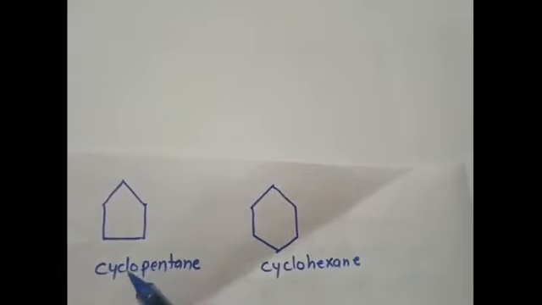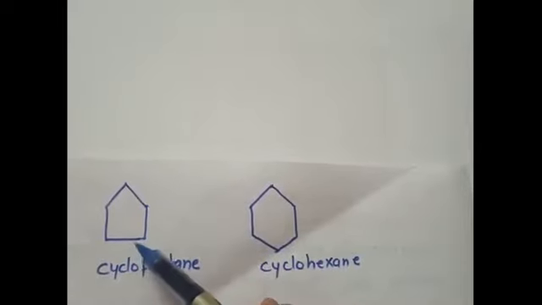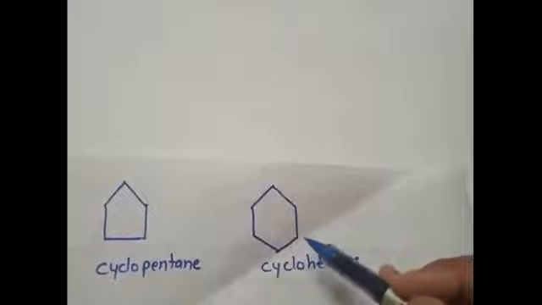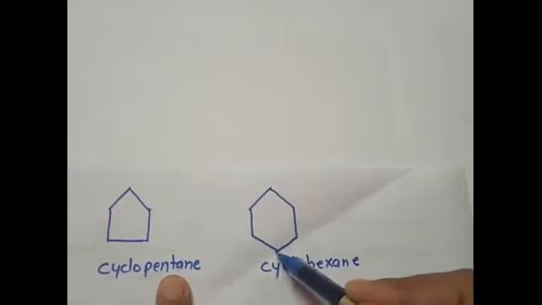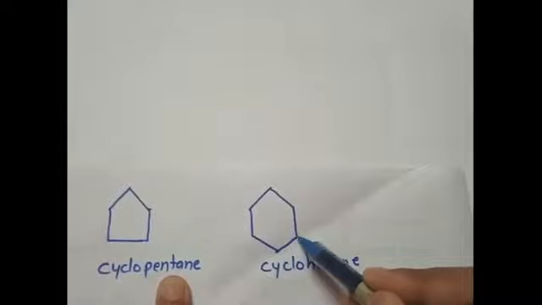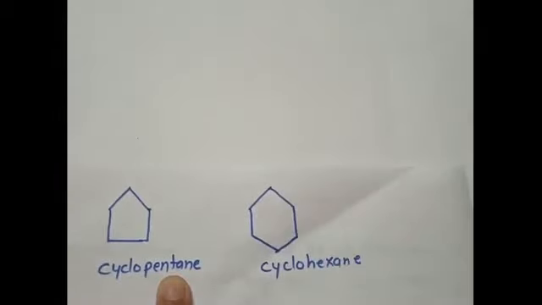The same way as we had cyclopropane and cyclobutane, we can have cyclopentane and cyclohexane as well. So cyclopentane will have 5 corners, forming a pentane. So this is the bond line structure of cyclopentane. Here we have the bond line structure of cyclohexane. So at each corner a CH2 molecule is present. The carbon of this corner is making a single bond with this carbon, and here also we have a CH2 molecule, and at all the corners we have CH2 molecules combined with single bonds in between them.